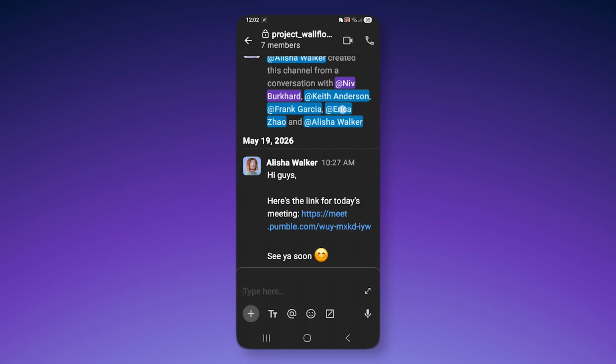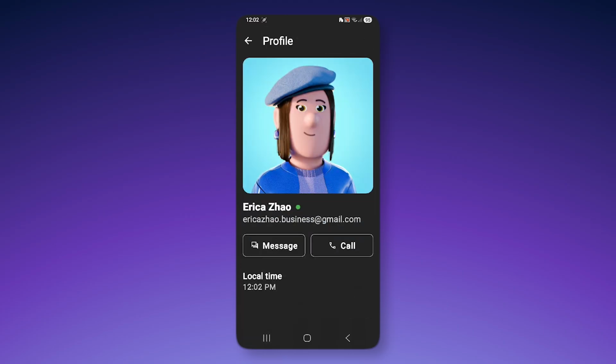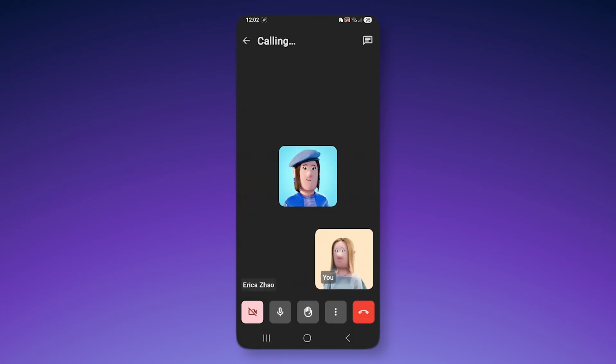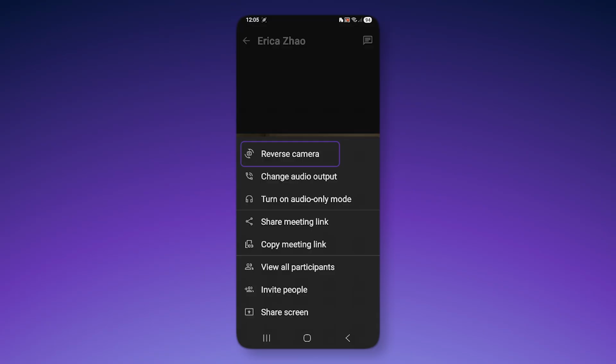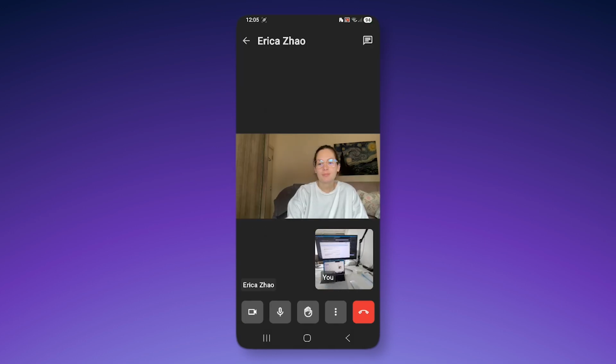For one-on-one calls, you can also tap on a user's profile picture and then call, and they will get a ringing alert. Your options and settings during a call are pretty similar to what you're offered in the Pumble desktop and browser apps. The only real differences are that you can switch from front to back camera and the other way around during calls,